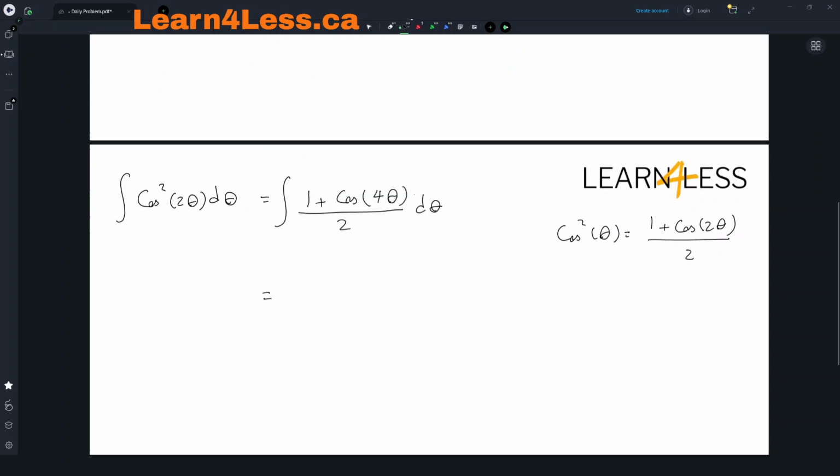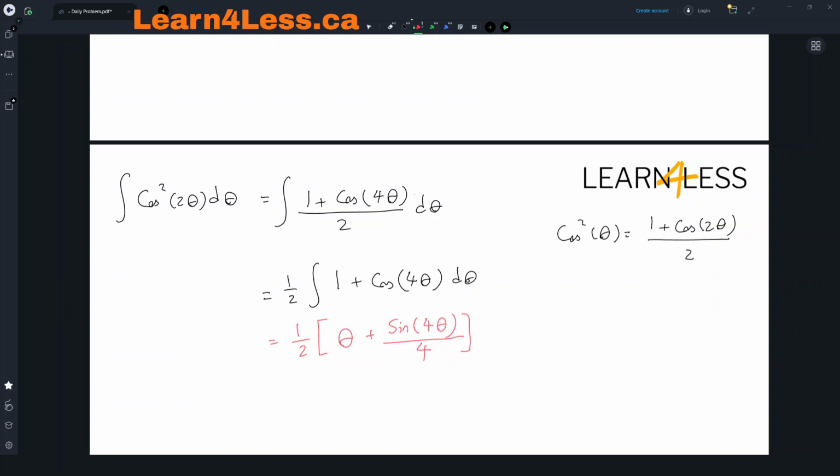I can take these two out. So I can write it as 1 over 2 integral of 1 plus cosine of 4 theta d theta. And again, we have two parts, the integral of 1 and the integral of cosine of 4 theta. Let me just write the 1/2. The integral of 1 would be just theta, and the integral of cosine of 4 theta would be sine of 4 theta over